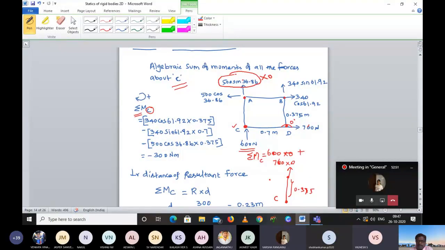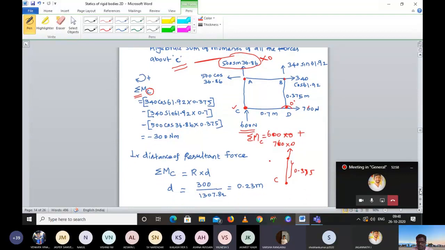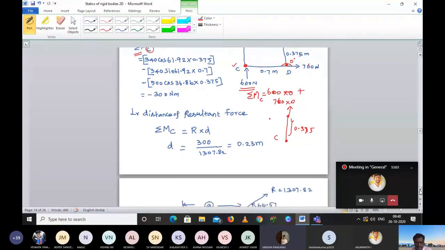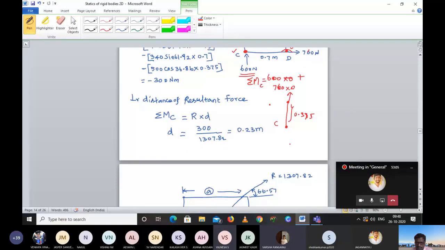Sir, coplanar forces don't have moment, is it correct, sir? No, it's not like that. Actually, it's okay. Still, our friends are having some doubt, I think, so I will draw here, then maybe they will understand much better. When I'm considering the point C, this particular thing will have a moment if a force is like this. Are you getting now? Yes, sir. It should be 90 degrees, either this condition or this condition.